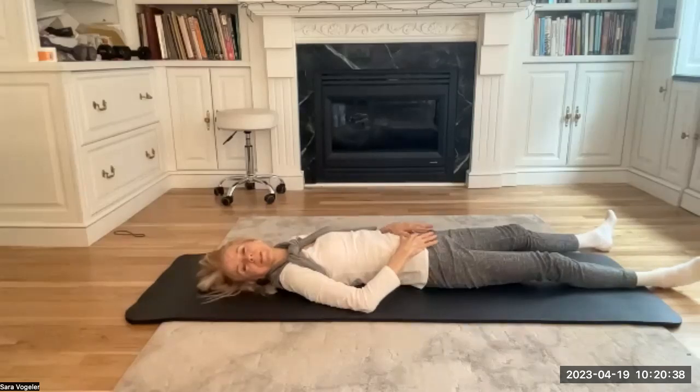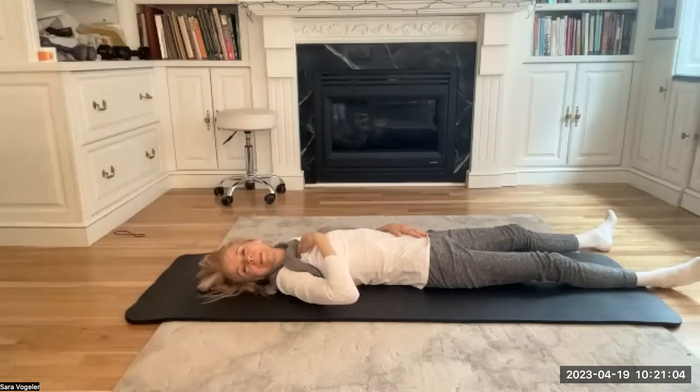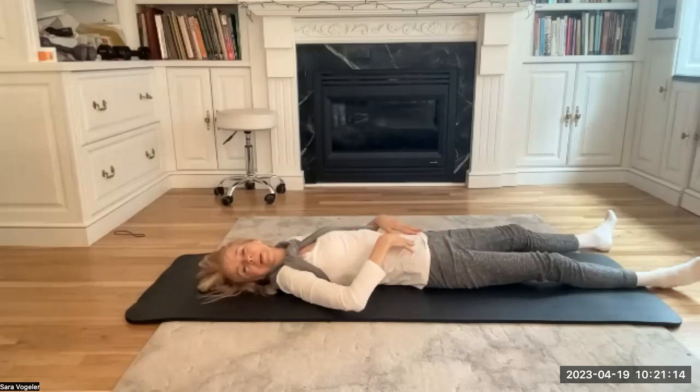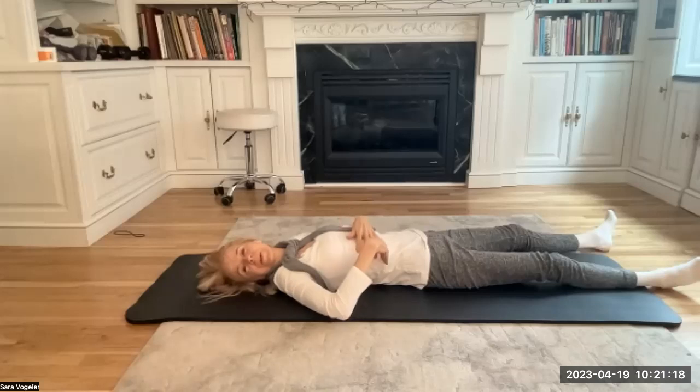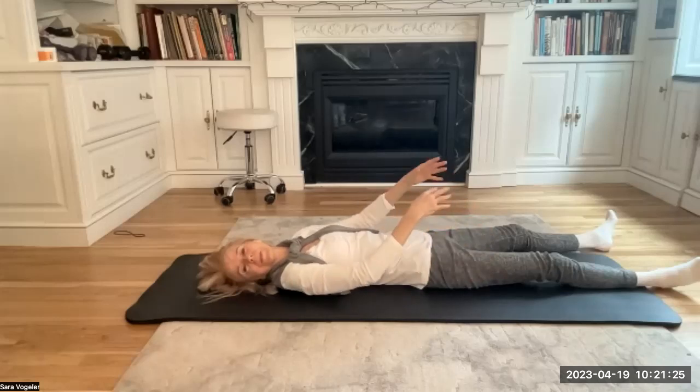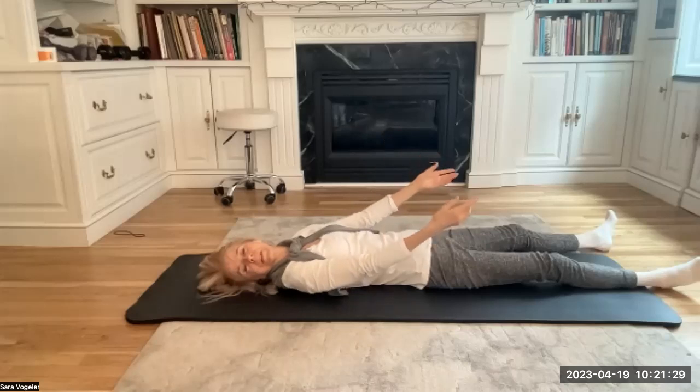And let's think about the circulation. Feel like you're in water now, either a warm bath or nature, maybe in a pond if you like that image, or in the ocean, a quiet ocean. You're floating. And the circulation is moving easily. So if you want to do a figure 8 around your torso, feel like the water is moving in a figure 8 or your fluids are moving in a figure 8. And think about the whole conductivity from your heart all the way down to your legs, moving through different vessels into your feet and then returning,